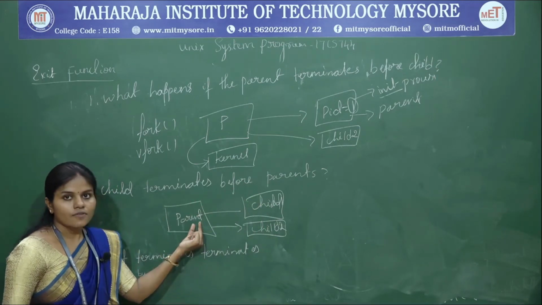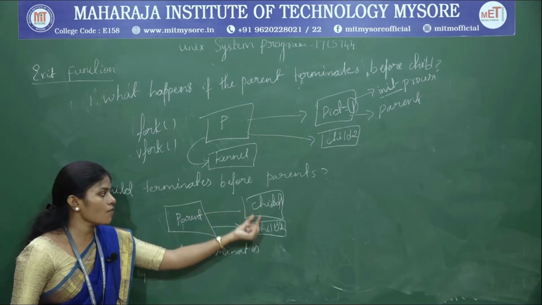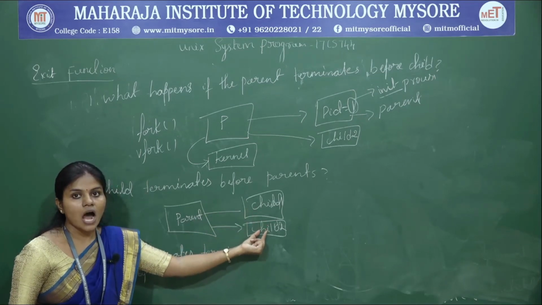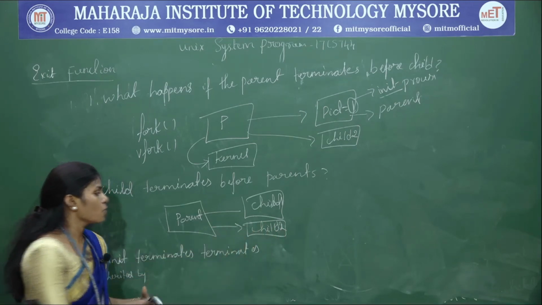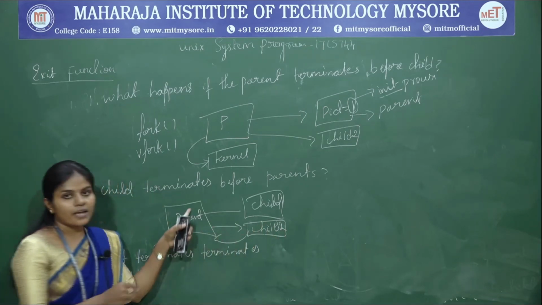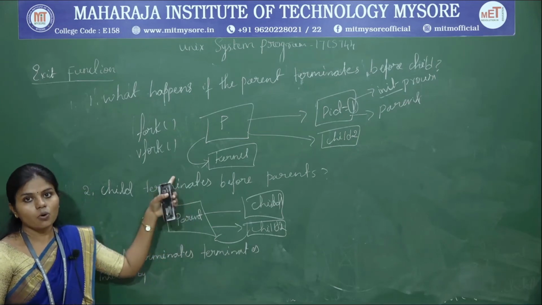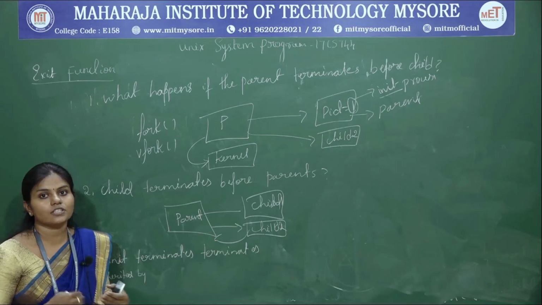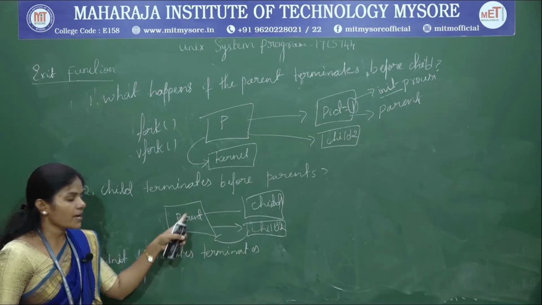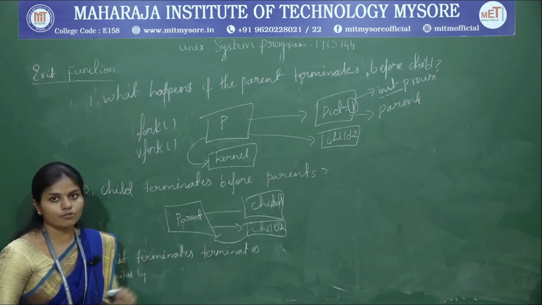So in that case, the parent has to wait, and when it fetches the last termination status of the child 2, only then will the control be given to the parent, and the parent is going to return to the main function, right? So this is going to happen when executing the program, right? So the parent has to wait for the termination of the child.